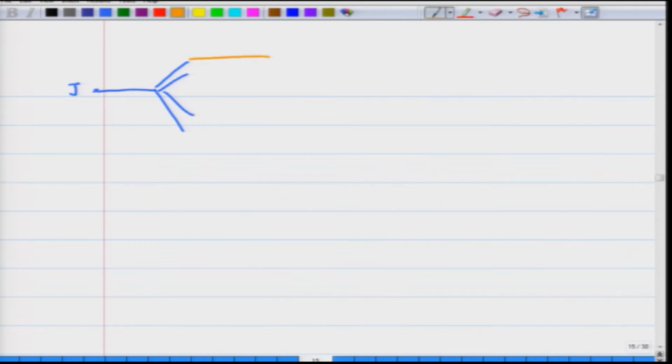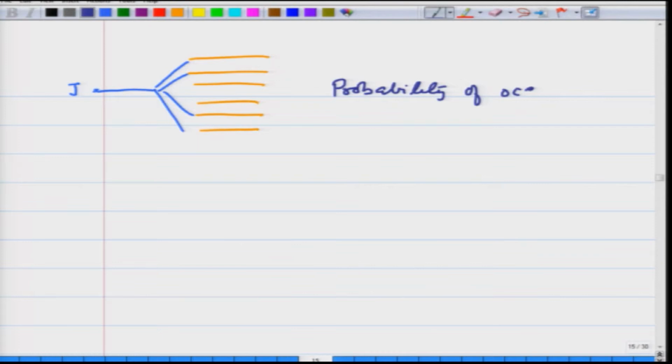Let me show these levels by different colors. Each level has a different probability of occupation. So, probability of occupation